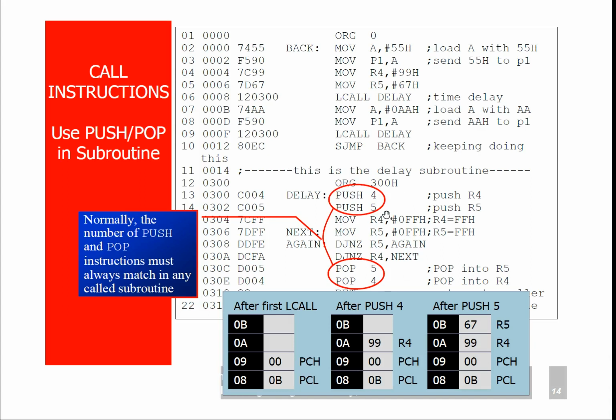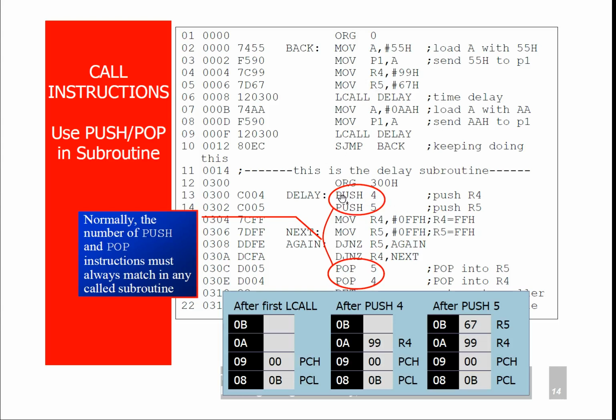Here in the subroutine the first two instructions are push 4 and push 5, because in the main program I use the R4 and R5 register, and at the same time I am using R4 and R5 register in subroutine. So before using these registers we have to store the content of R4 and R5 register onto the stack temporarily. If you don't store this value onto the stack temporarily, the data will be lost.